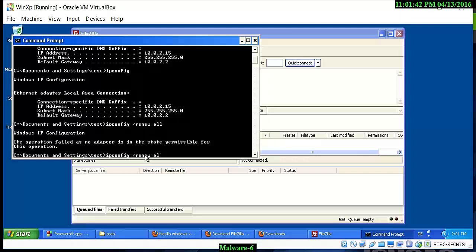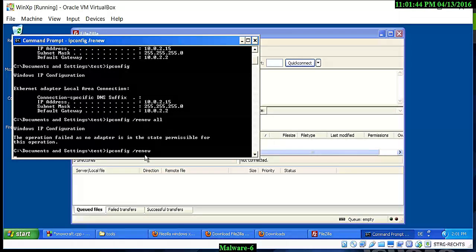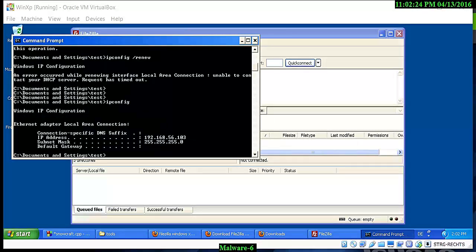So I'll type in ipconfig /renew. Now this should give us a new IP address on the same network as the Apache server. Once it has given us a new IP address, I'll then be able to log in to that IP address that we had set up earlier on the Kali Linux machine to allow us to move this file to that